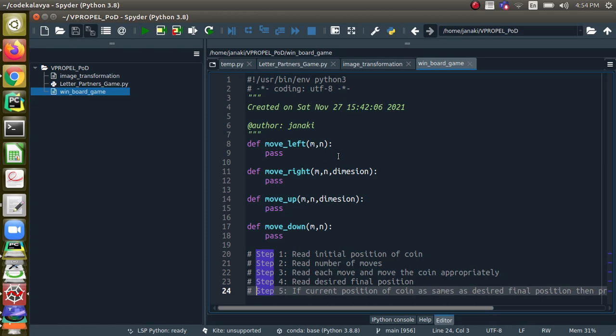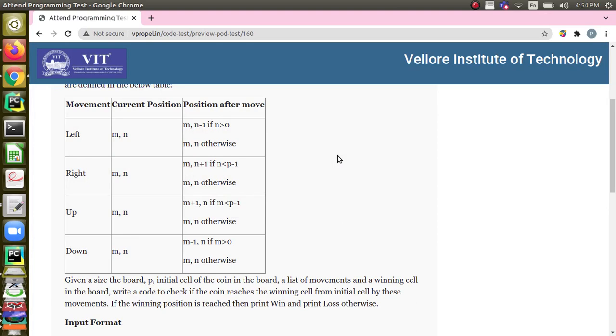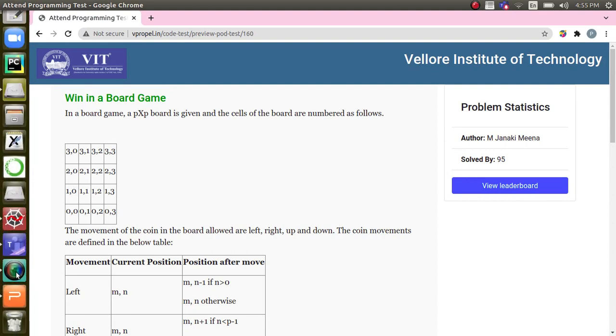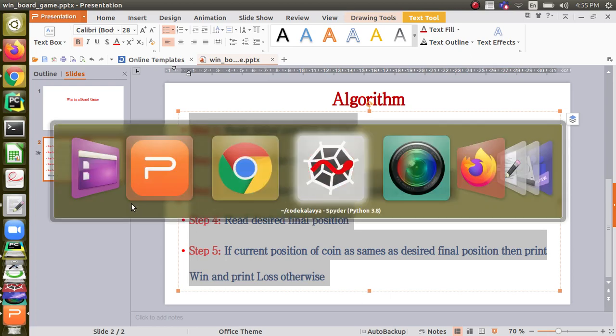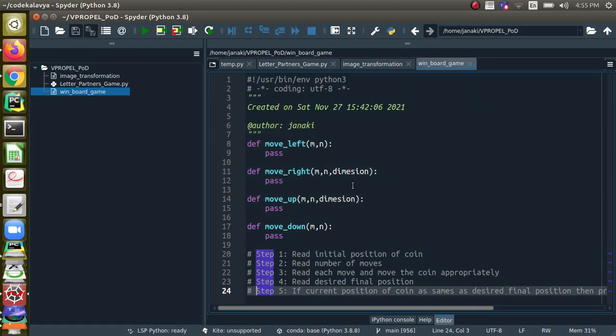Similarly, when you make an up movement, as per the picturization of the board given in the problem, the maximum, once again I will show it better. You can see that the board's maximum row occurs only towards the up, the topmost thing. So when you are making an up movement, you have to check whether you are going beyond the dimension, so you have to pass the dimension. Whereas if you are making a down movement, that is not required.